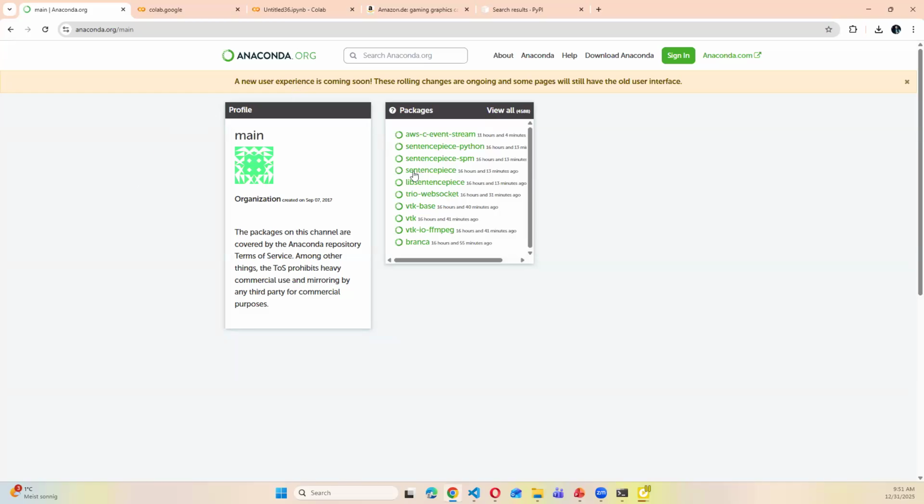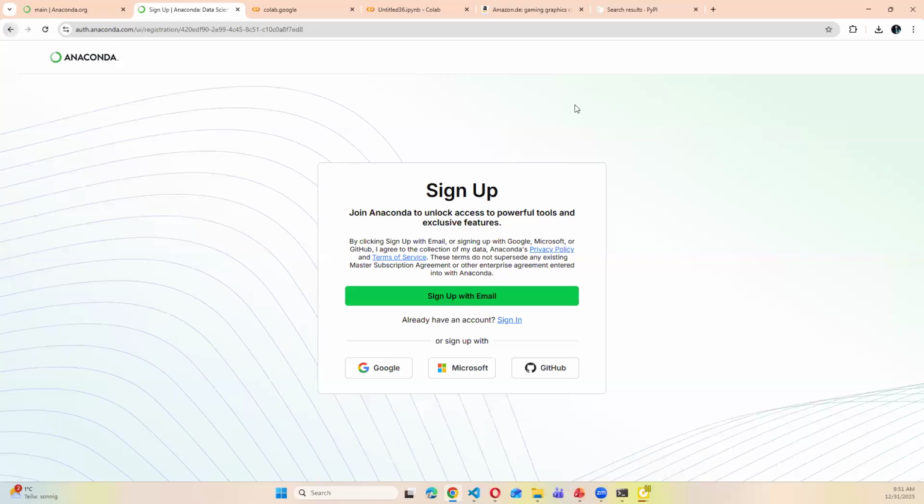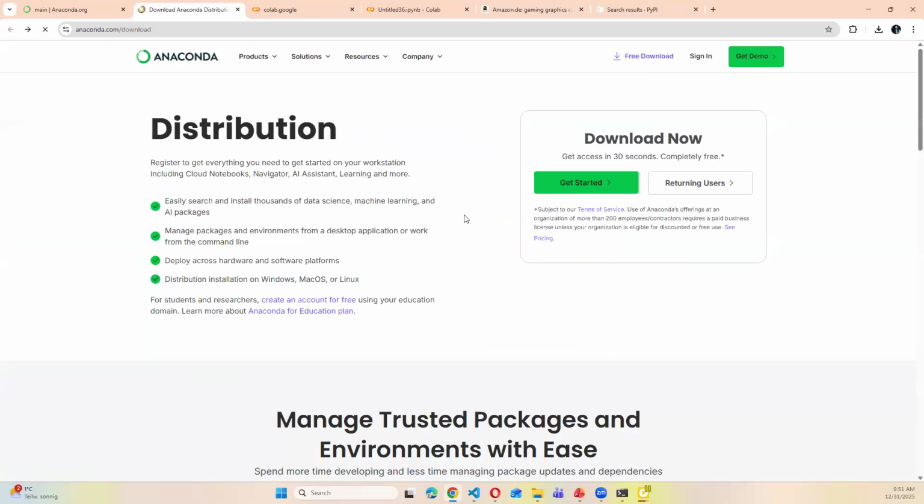For example, Anaconda has this inside the navigator. It is inside itself, but with pip you have to do it manually by yourself. For pip it's just some MB, so you don't need a lot of internet. But Anaconda was near a gigabyte. If I go to download, you can see here, it will get started. Oh no, I don't need a subscription. Free download.